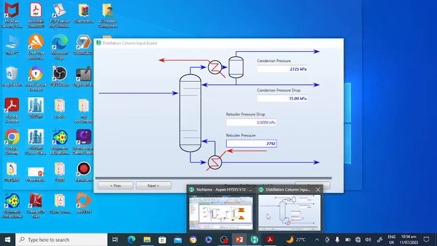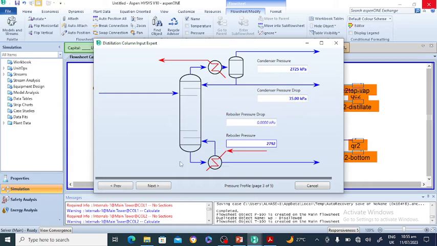Column operate at this pressure. Okay, the reboiler pressure drop information is, there is no information, so we will leave it. Now go to next,